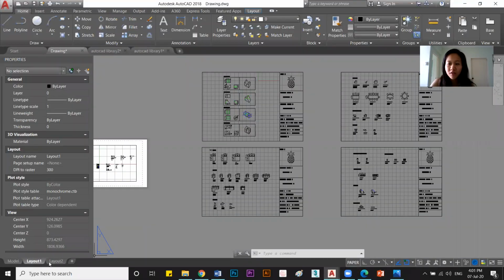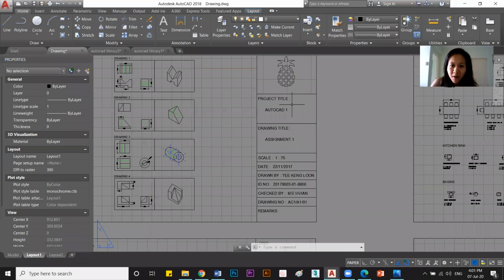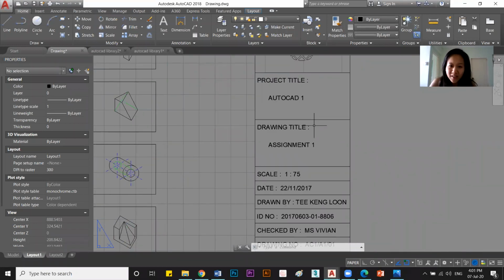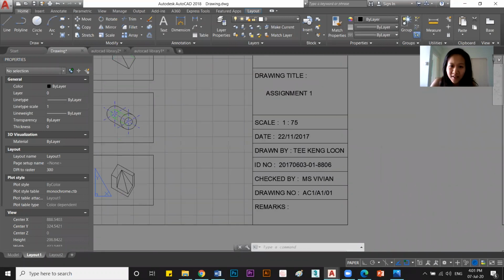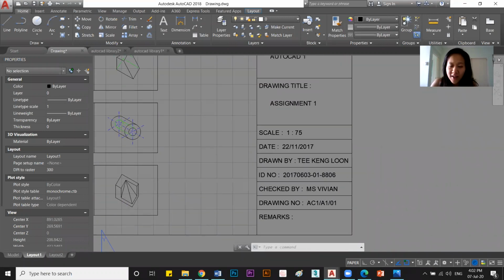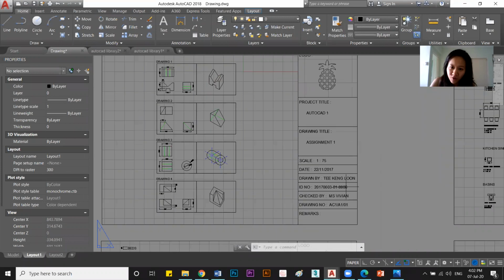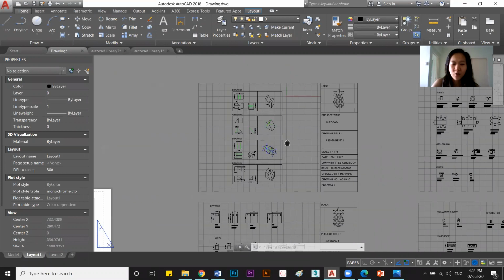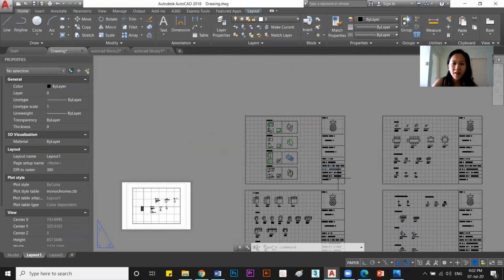Okay, in the layout one, you have your title block. You have your logo, project title, drawing title, scale, date, drawn by, ID, checked by, drawing number. Make sure everything is correct. Write your name here, write the date. Make sure the window here is... some of you asked me,